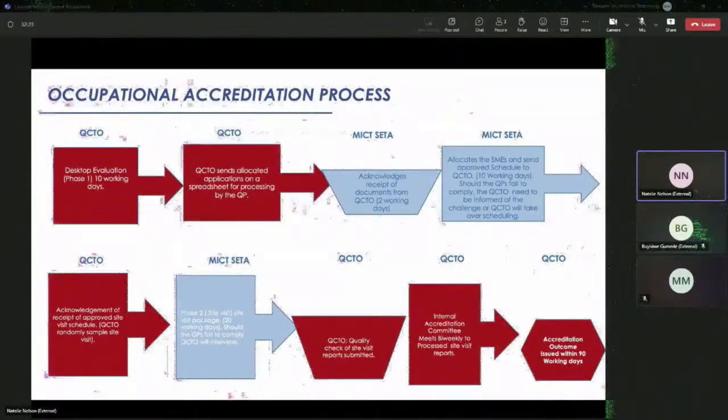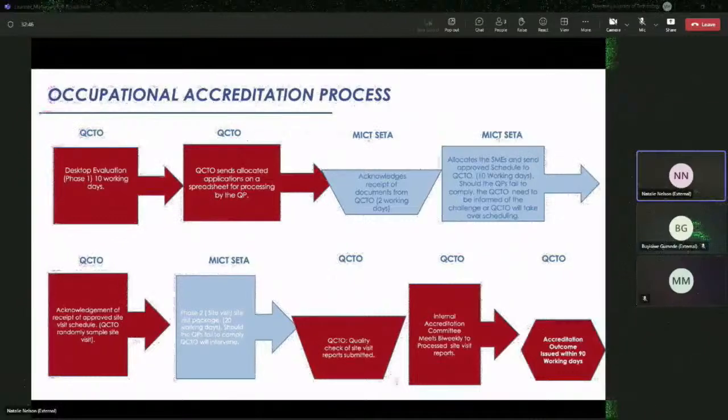Once that has been finalized, we compile a report, or your advisor compiles a report. You are required then to endorse the content of the report, because this report would then sit within or serve at the MICT SETA's internal accreditation committee for recommendation to then the QCTO. So the next process is then we issue that to the QCTO.